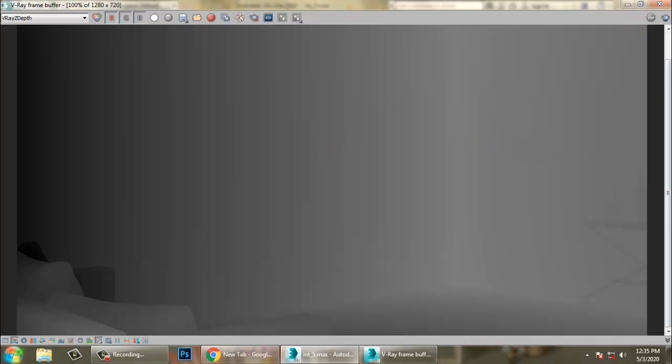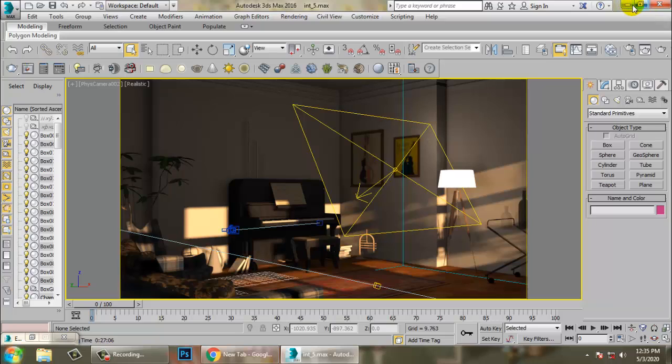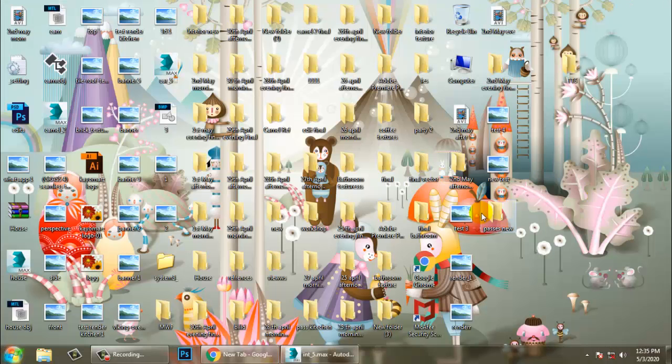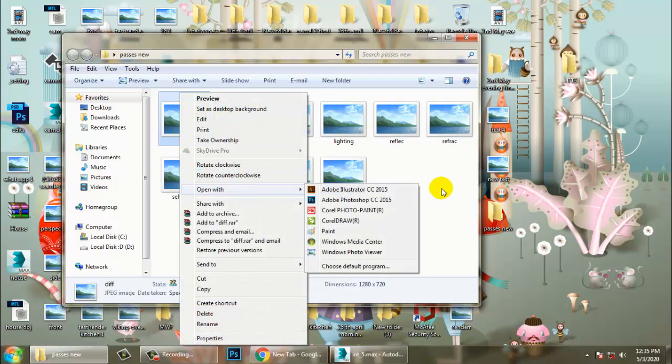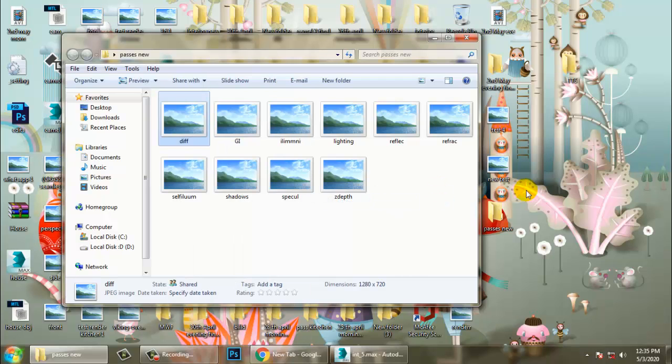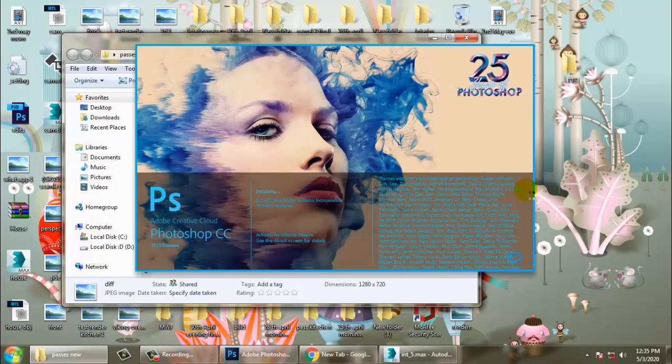Once you're done with this, just turn this off and let's open Photoshop. Let's open the passes in Photoshop.